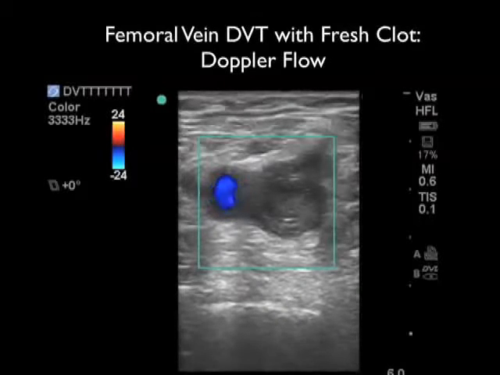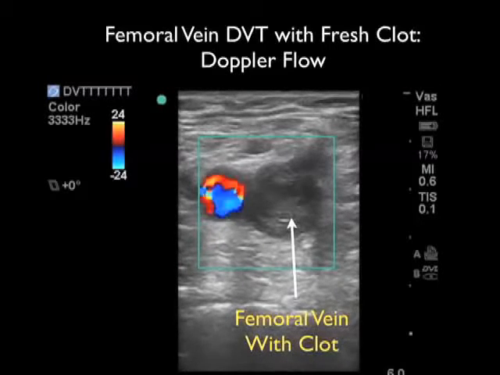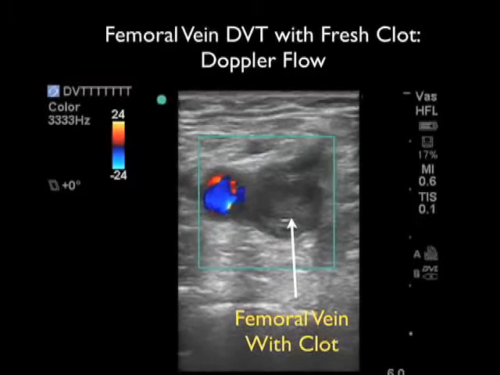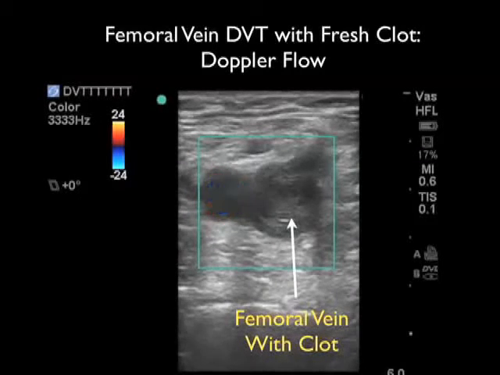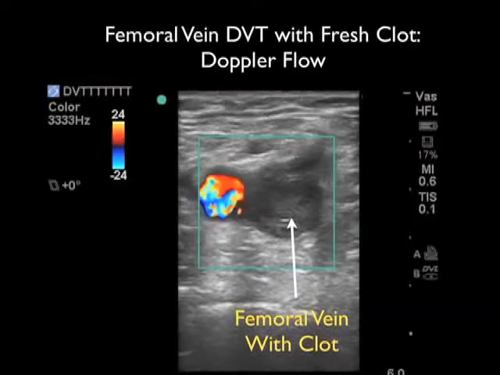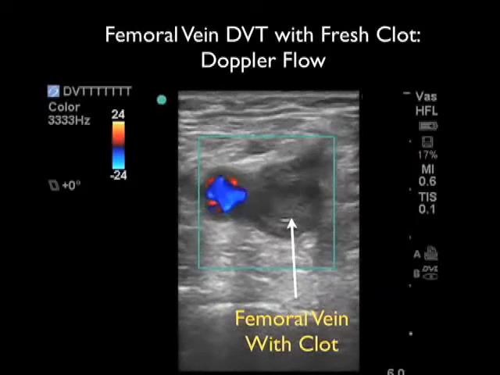This video clip is taken from a patient who presented to the emergency department with a painful and swollen leg. We're using Doppler flow to first identify the target femoral artery and vein. We can see here the Doppler pulsations within the femoral artery noted lateral or towards the left of the image. We see here the femoral vein towards the right or towards the medial aspect of the image and note the